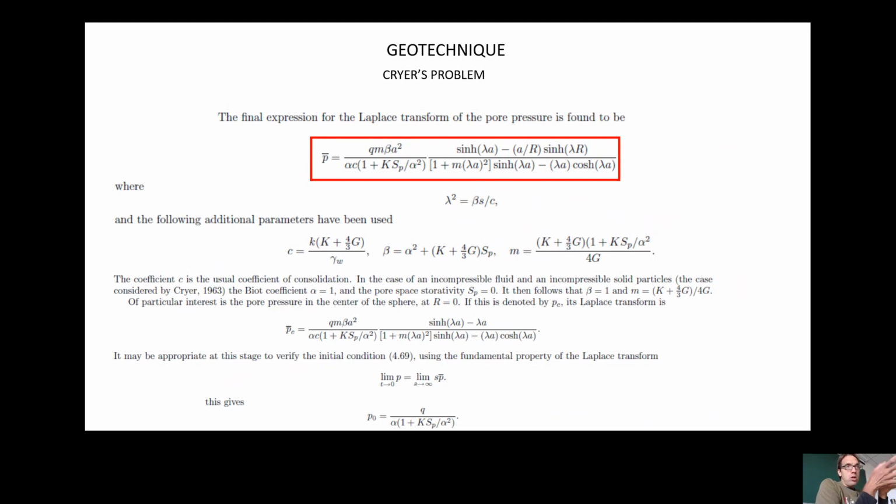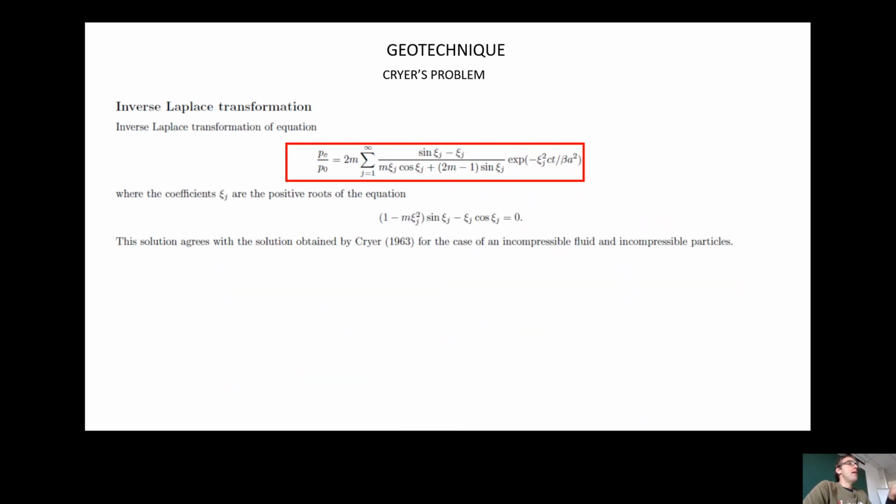I don't want you to concentrate on this, but at the end, this gives that p0 is equal to Q over alpha multiplied by 1 plus K S_p over alpha square. So this is the pore pressure that can be implemented inside the inverse Laplace transformation